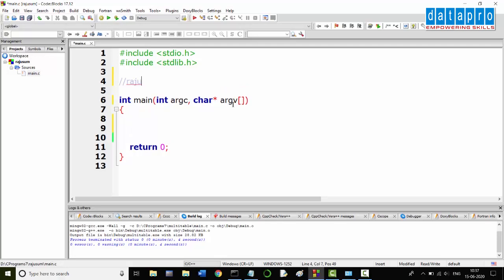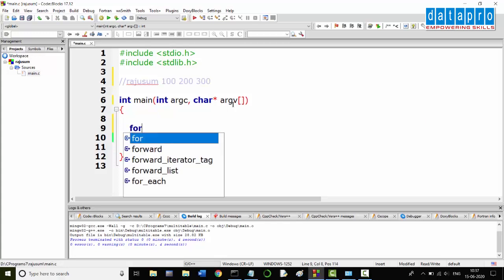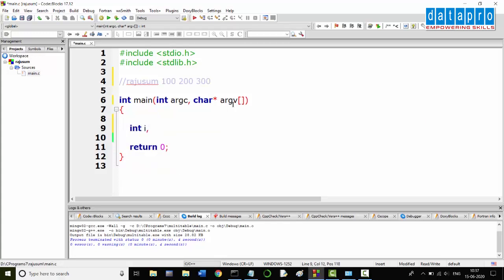Now we have seen that this is how we pass the command, say sum 100, 200, 300. This is passed as 0th argument. So first argument, second argument, third argument, and so on. Our logic is to add all these values. For that, let's declare some variable for running sum. To run a loop, i, sum is equal to 0. You know that array index starts from 0, but in our case our arguments start from 1. The 0th argument is nothing but the command name. So let's begin the loop from i equal to 1, i less than argument count, i plus plus.